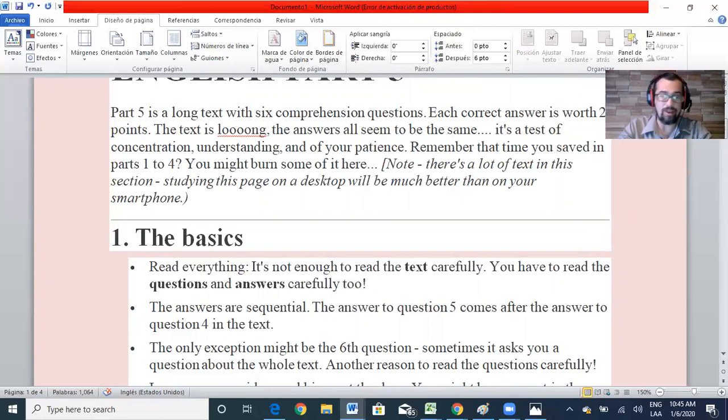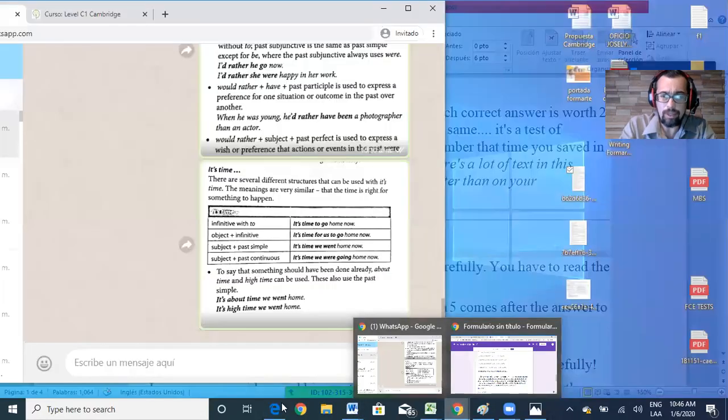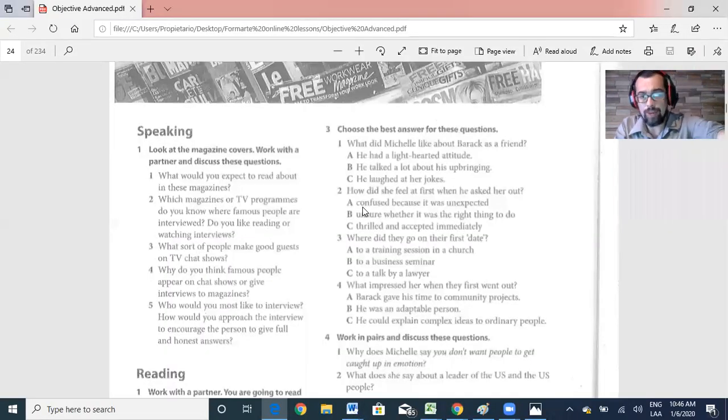Yes, oh yeah, this is part 5, this is part 1, this is part 2. I just really want for you to get familiar with this test, how it works, how it looks, so that you could little by little be able to see it. And once you're doing it, it's going to be very easy for you to identify each part, and of course for you to memorize these different tips. Okay, so this is regarding part 5 of this reading test that we have here.